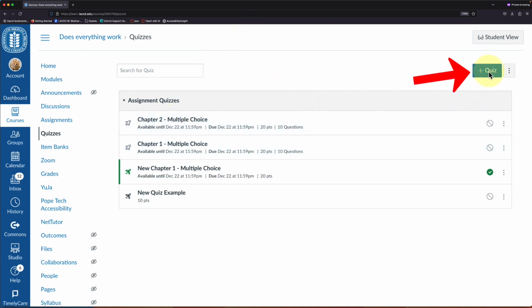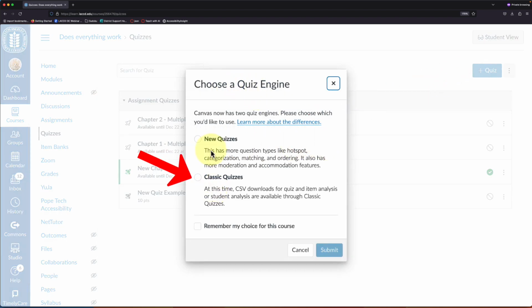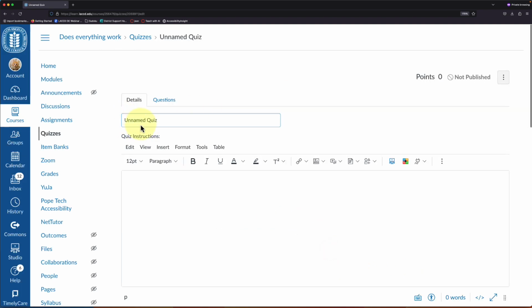So let's create a new classic quiz by clicking the blue plus quiz button in the upper right corner, select classic quizzes, and click on submit. And when you're naming this, name it exactly what you want to call your item bank. So I'm going to call this chapter 2 item bank,